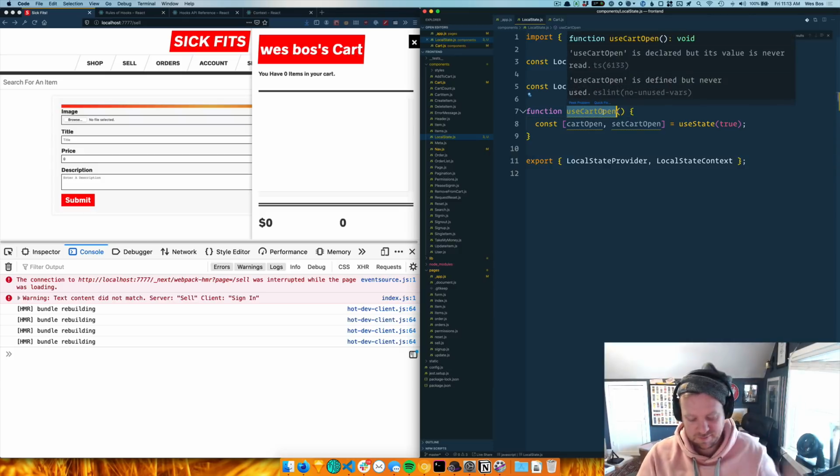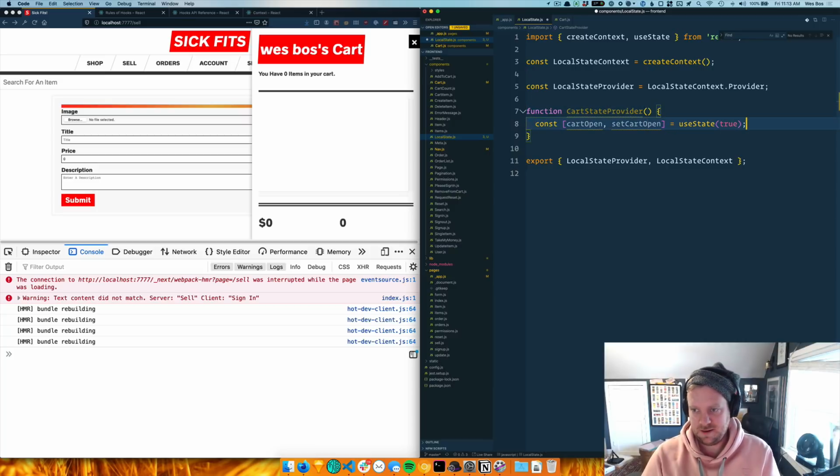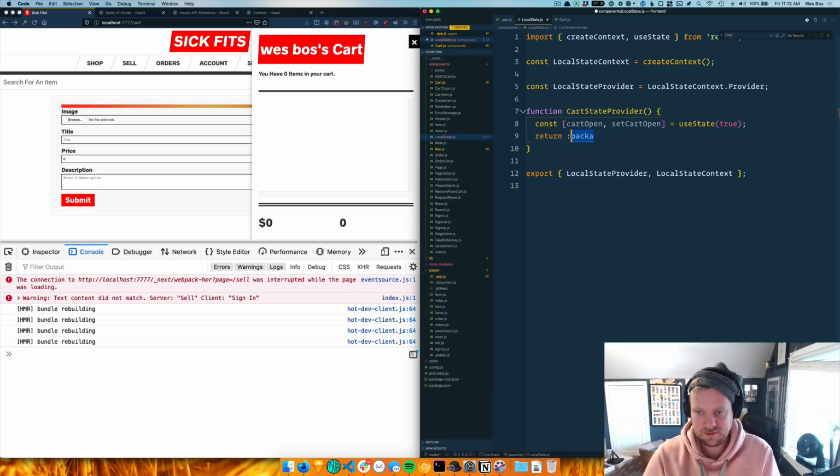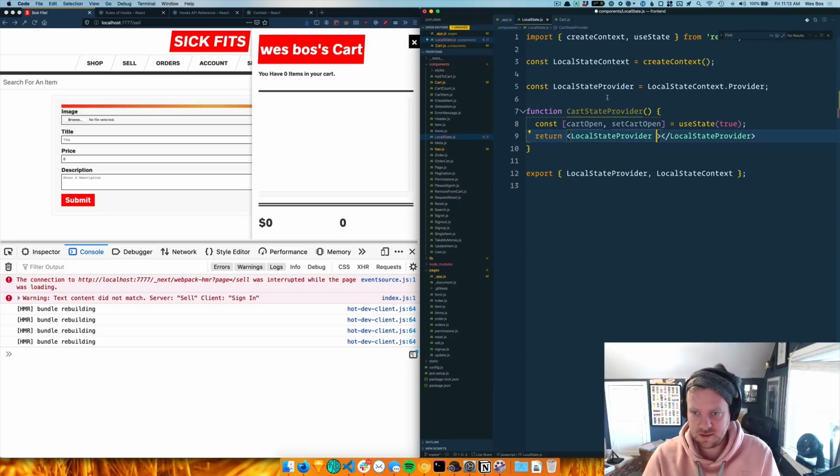So, let's make a function called cart state provider. And in that, we have our state. And from that, we can return the local state provider, where we have the